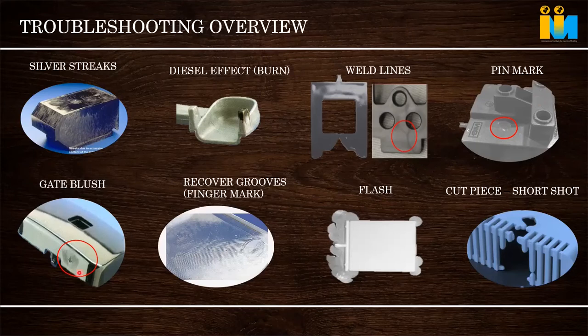Next is gate blush. Gate blush means whitish marks around the gate, 3 to 4 or 5 mm. If the part is black, you can see an ash or gray color, or light black color, around it. That is gate blush. Gate blush is nothing but an effect of shearing of the raw material in the gate. As I told you, when the material is forced into the cavity through the gate, shear heat is generated. The raw material gets rubbed in the gate because the gate is the smallest diameter, so in that area a higher amount of heat is produced.